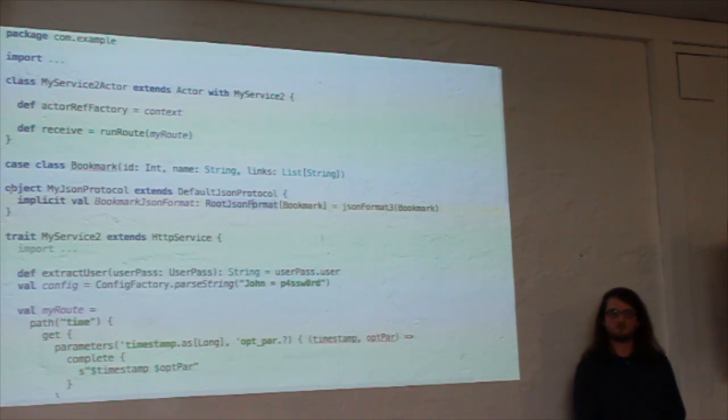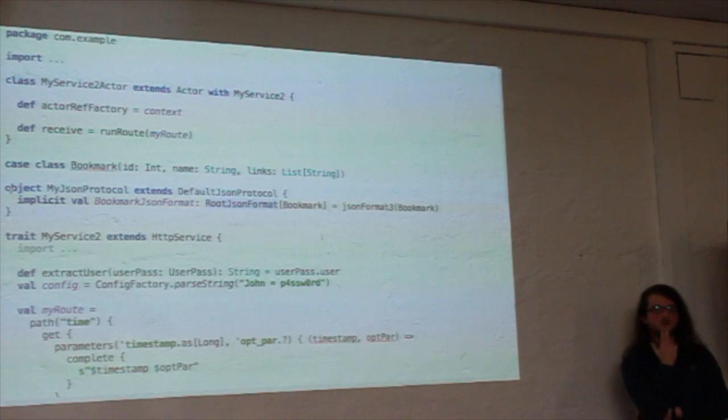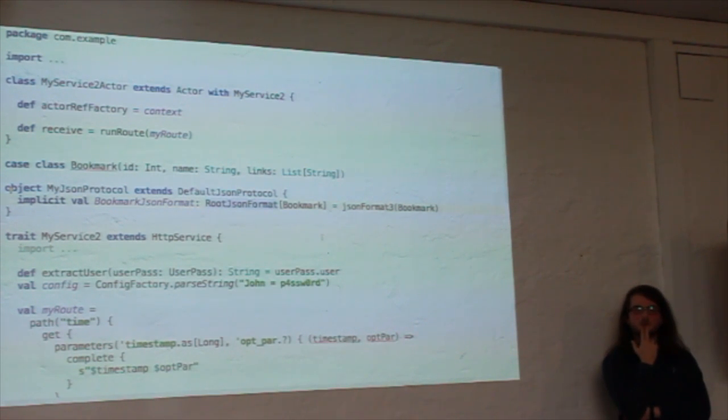But it would be possible to use the same port, for example? What do you mean, port? Port of the Play application. Or would Spray open a port and Play would open another port? That's basically, yeah, it would open another port, so you would have to use Nginx in front of it, or whatever.